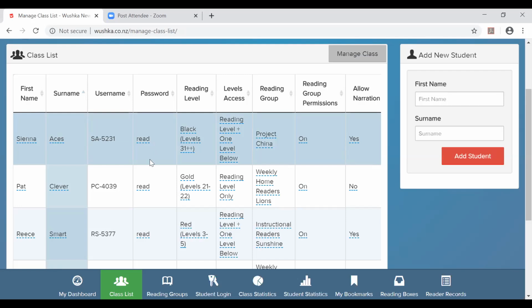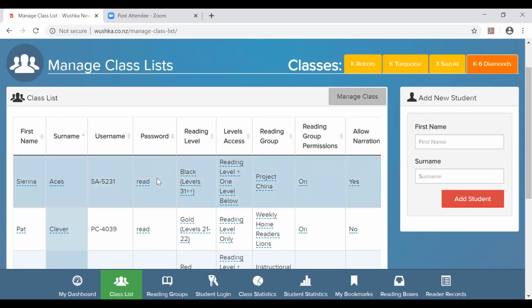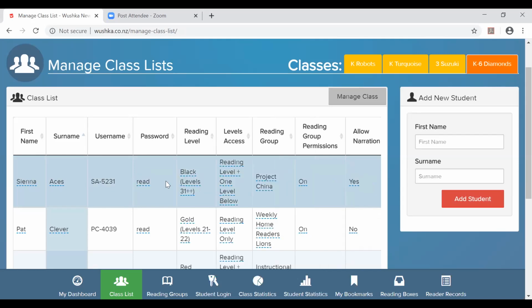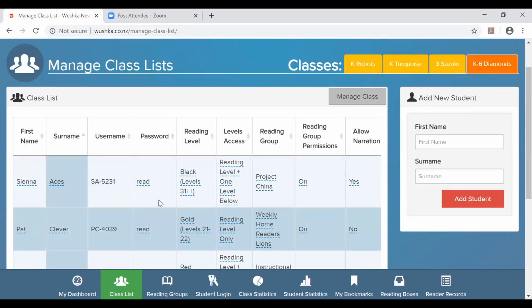Some of you may have had a password set up for you in the uploading process. Some of you may not have. So what you should do next is set up a password. You can do that individually by just typing in a password for each of your students. But more often than not, the preference is to make the password the same for all students. They have a unique username already, so they can have the same password.